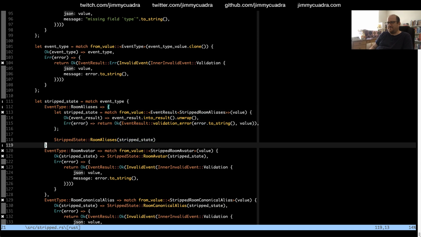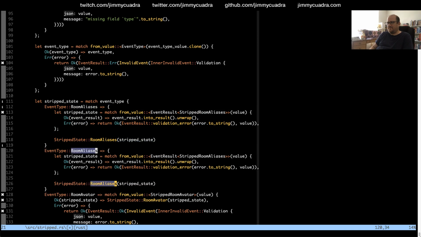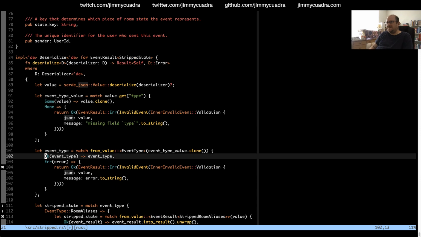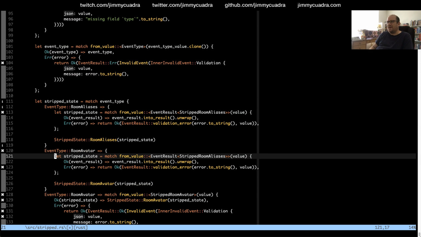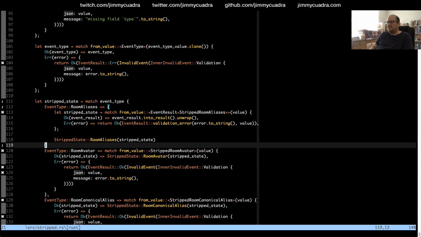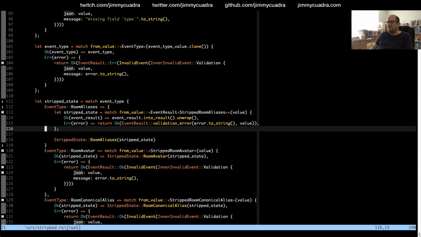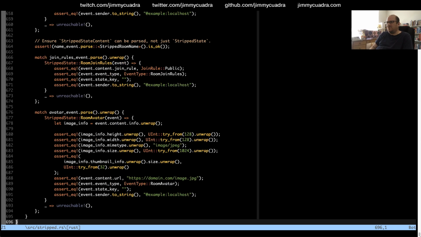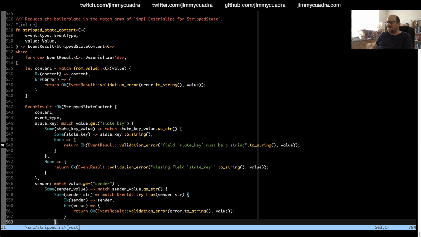Room Avatar. This isn't really... Wait a minute. No, this should have been in my... This is in the deserialize implementation. That's not what I expected. What happened to that? I thought I was working inside the stripped state function.